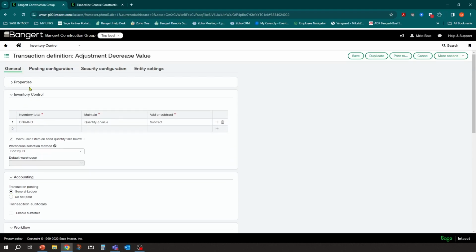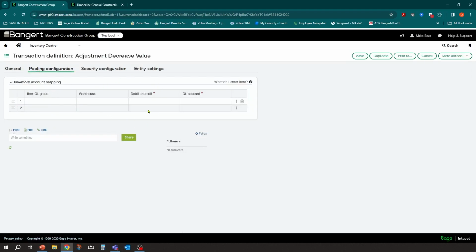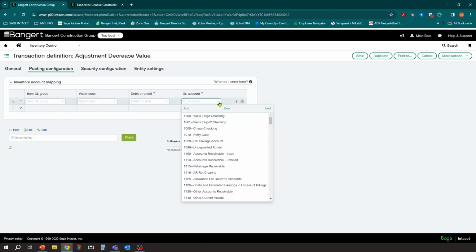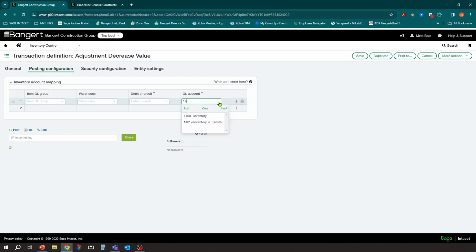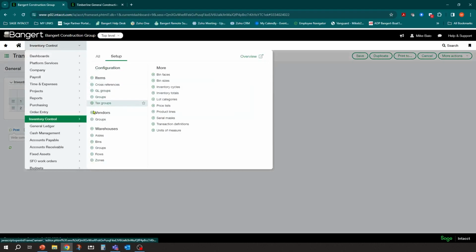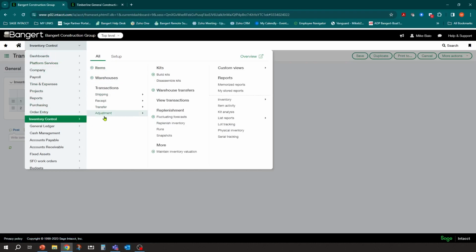And then if you turn that general ledger on, you need to have your posting configurations. So maybe you have an inventory valuation account adjustment, so instead of it reducing inventory, it's going to a different account. It's just up to you how you want this to post in the system. But these adjustments can be set up any way you want them to flow and post into GL and into inventory, depending on your needs.